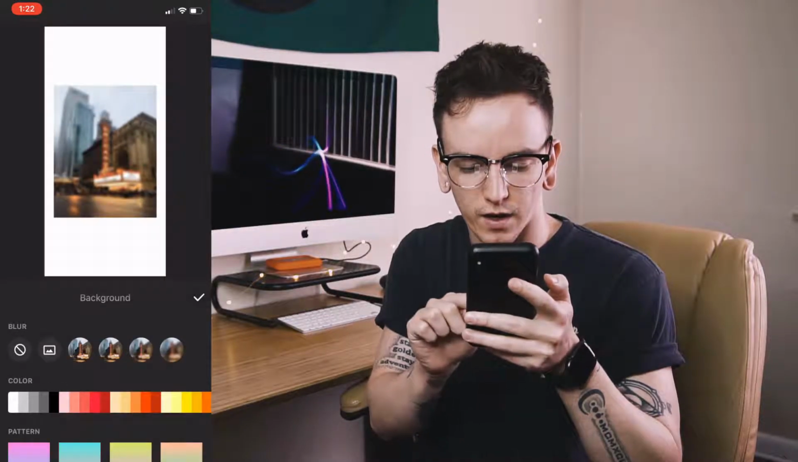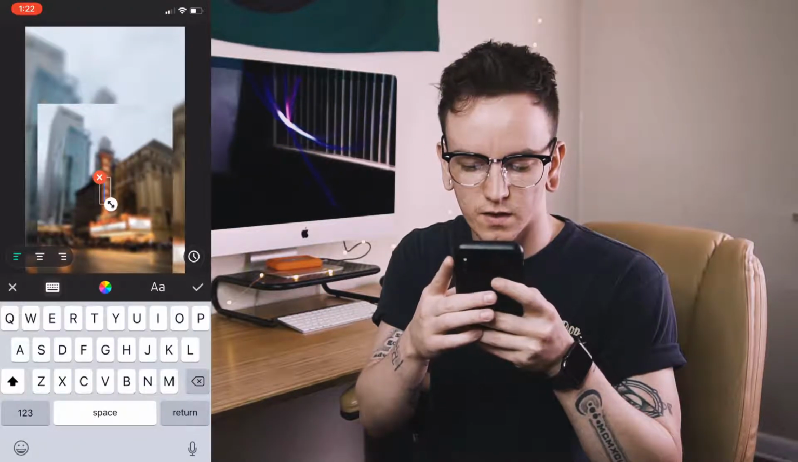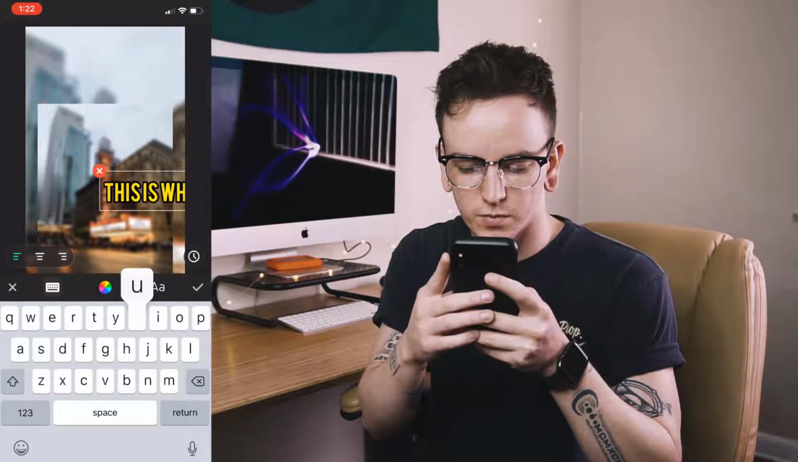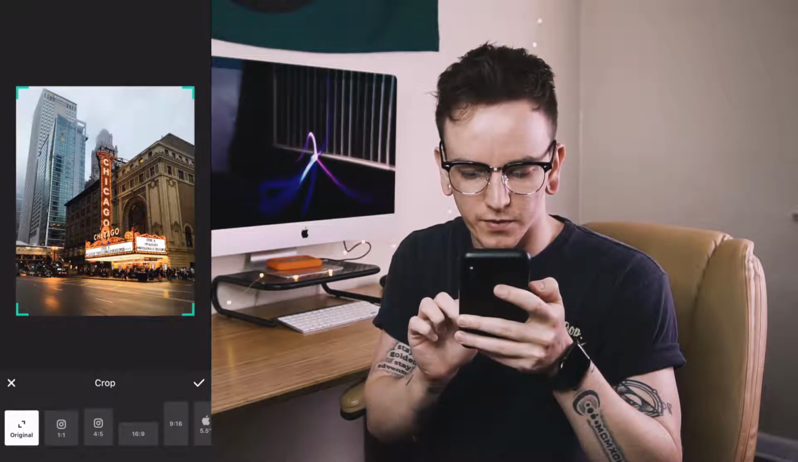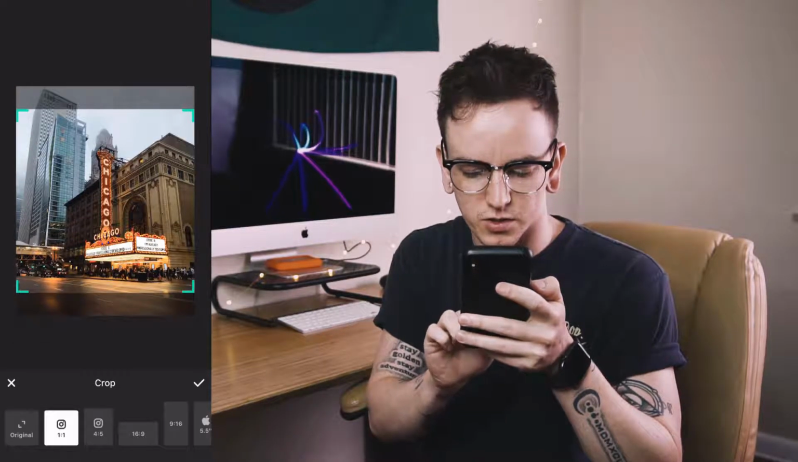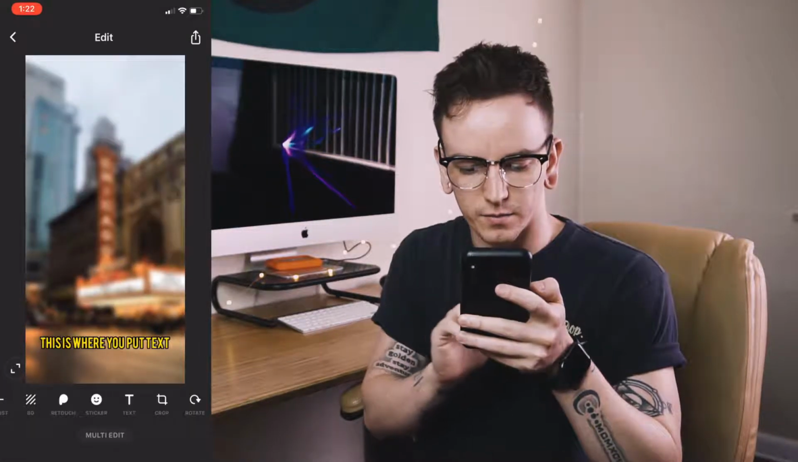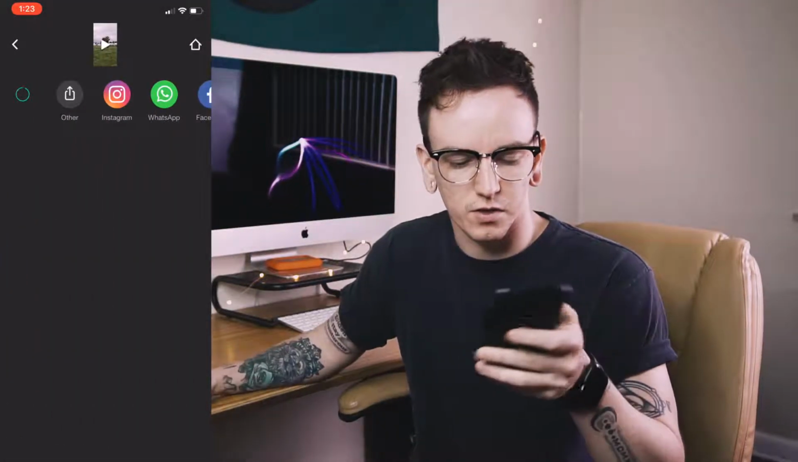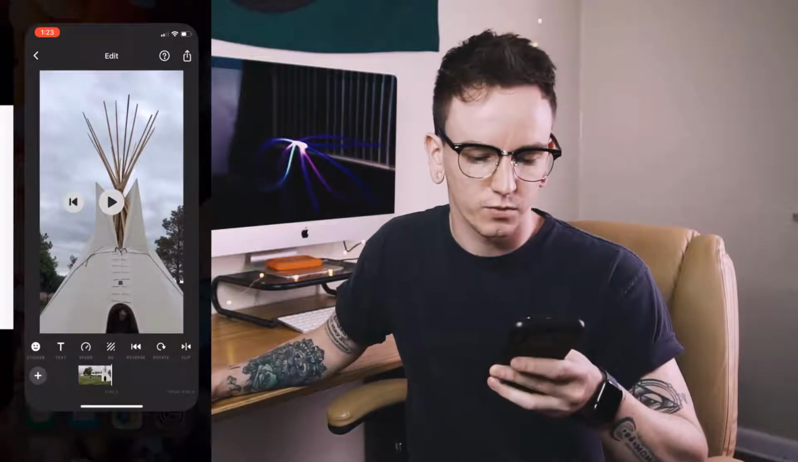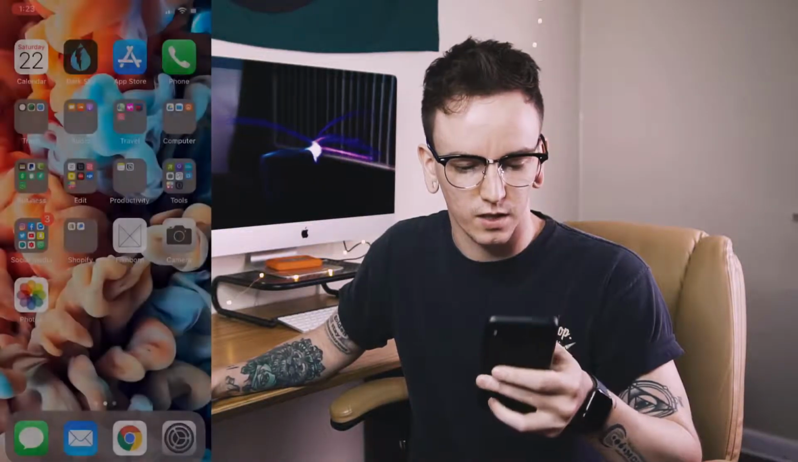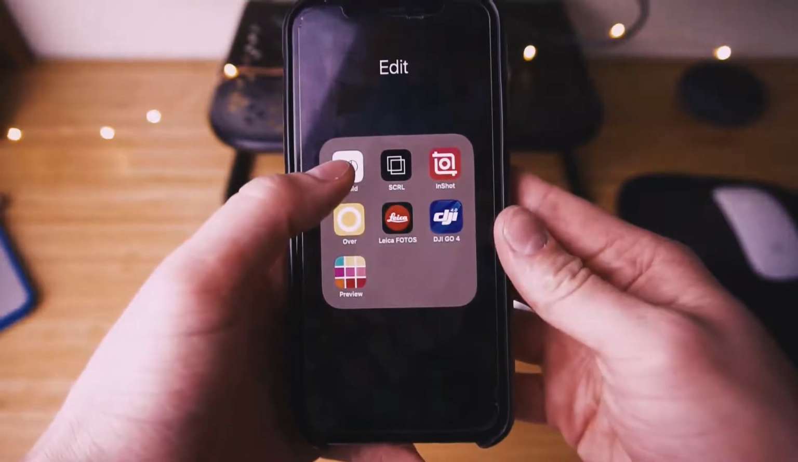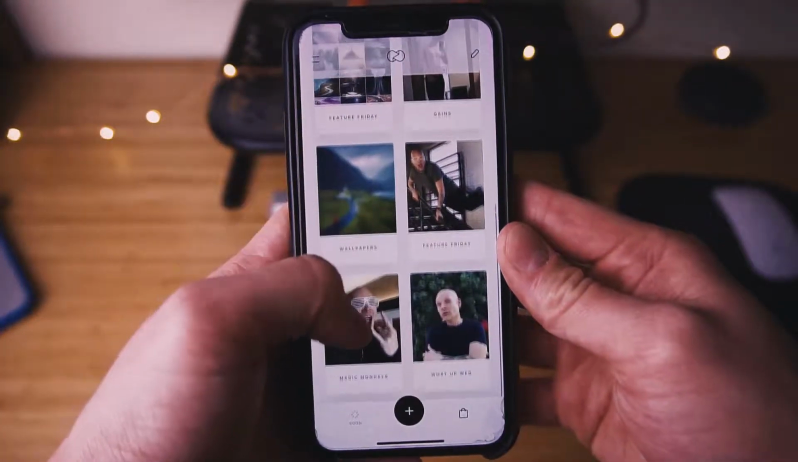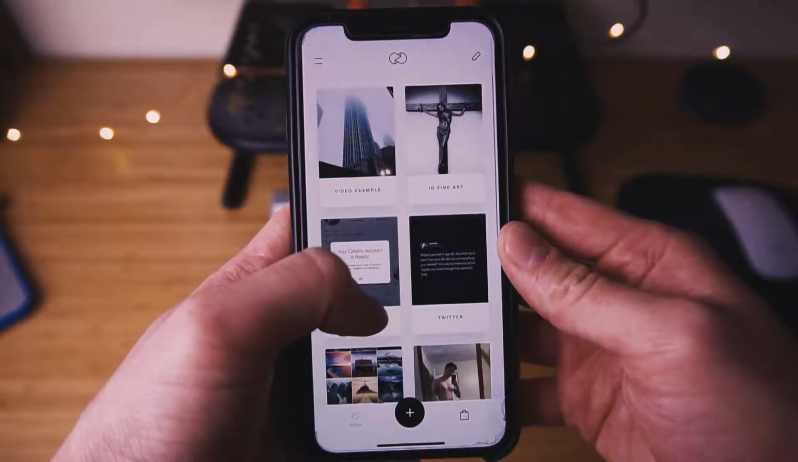You can change the background, upload text. This is where you put text. You can crop the photos. This is pretty much just changing your canvas. Saves fairly fast, so InShot's a really good app that I use pretty much daily for my clients. Another app that I really like using just because it's so minimalistic and it's really good for stories is